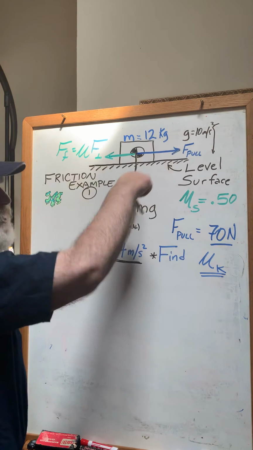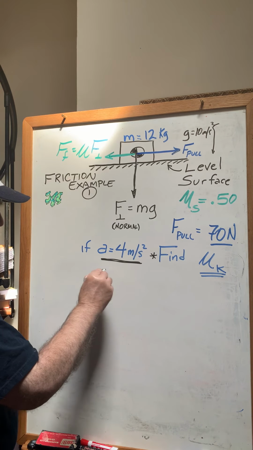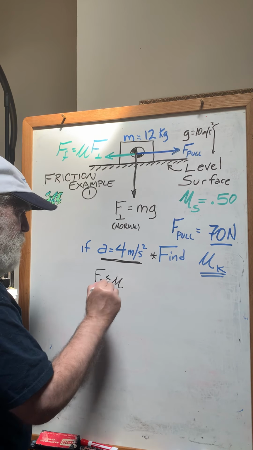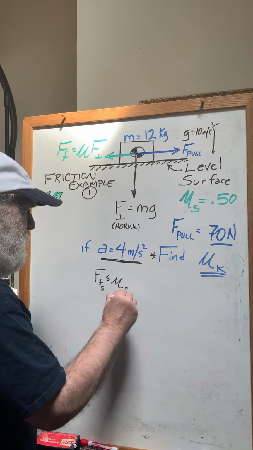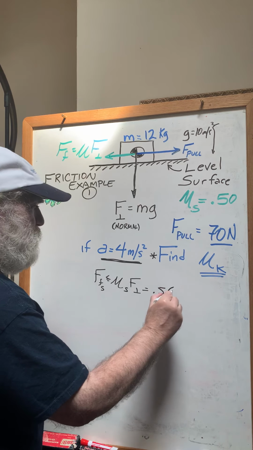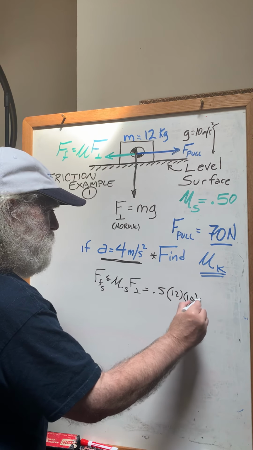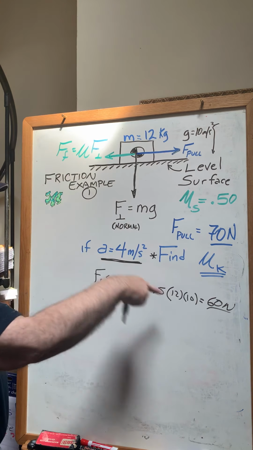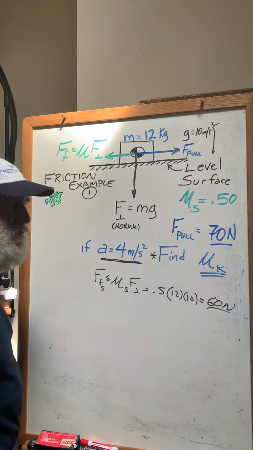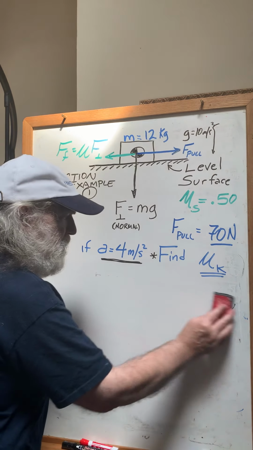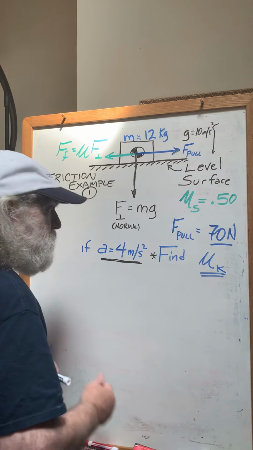So first of all, would 70 get this block moving? Well, the force of friction, if we look at the static one, is less than or equal to mu static times the normal force, which is 0.5 times m, which is 12, times g, which is 10. So half of 120 is 60 newtons. The maximum static pull force is 60 newtons, and we are pulling with 70. 70 is larger than 60, so we are overcoming the static friction force, and we now need to use mu